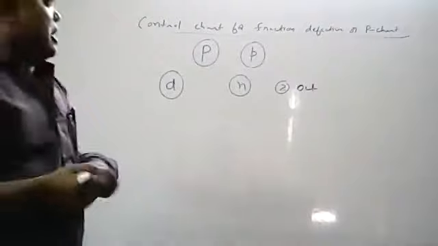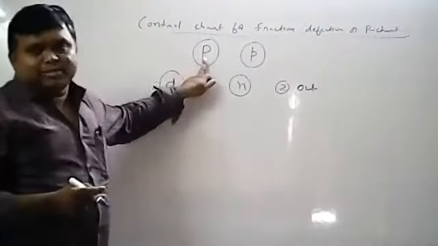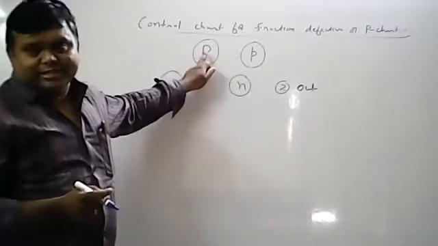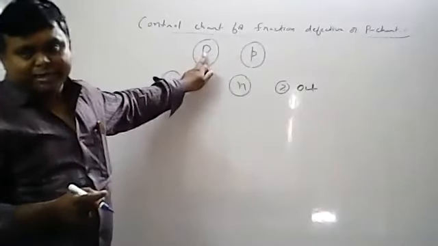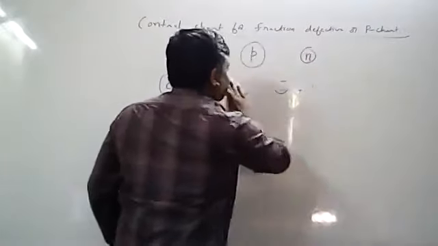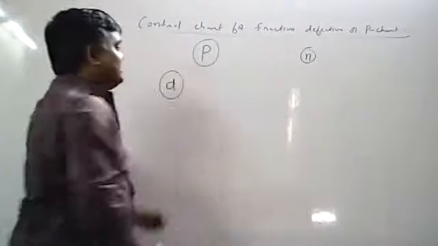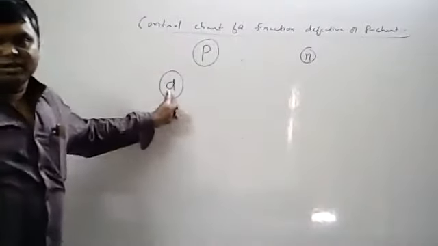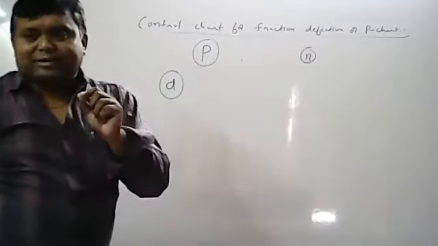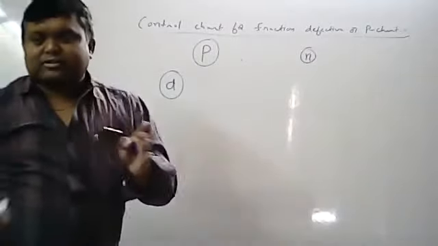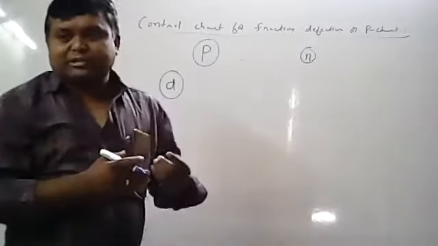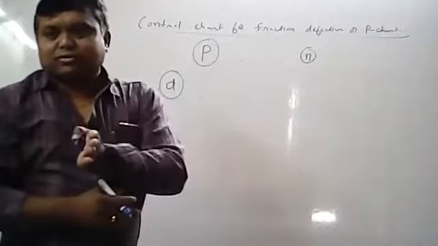All of you know capital P is called population proportion. So for this attribute, the population proportion is capital P. How many samples am I considering? N is the sample size, and D is the number of defectives, because you have to identify whether the item is defective or non-defective. If you get a defective, that is called success, because if you identify the defective item, you can remove it and replace it with a good one.